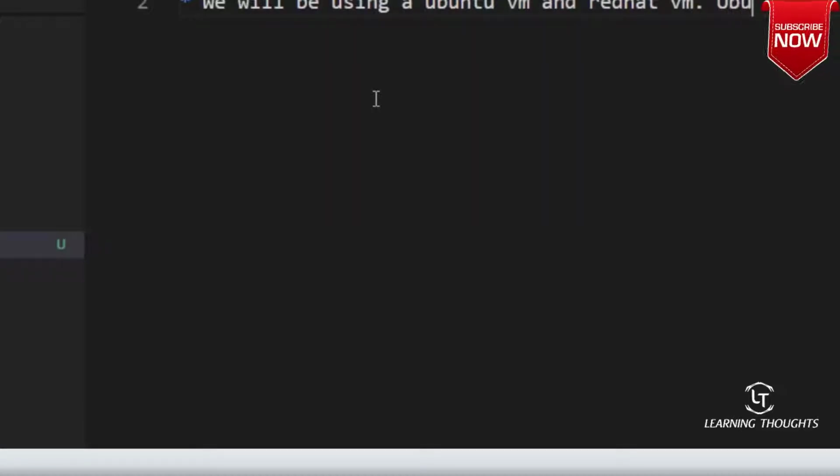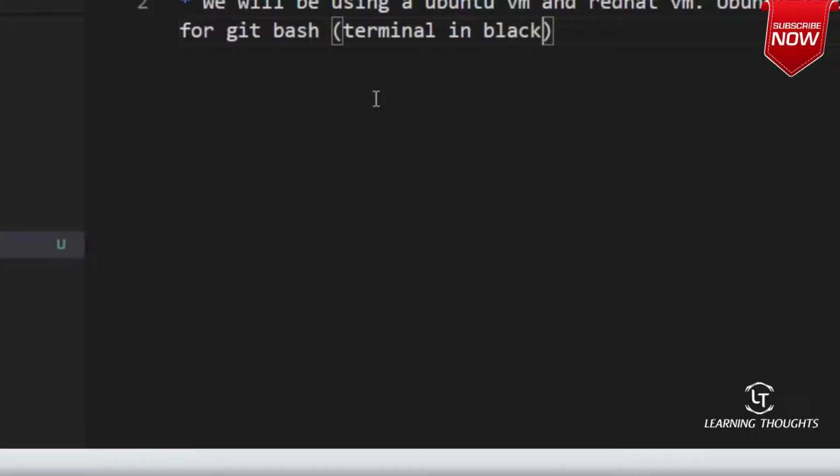Ubuntu is connected from Git Bash, which is terminal in black background. And Red Hat from PowerShell.